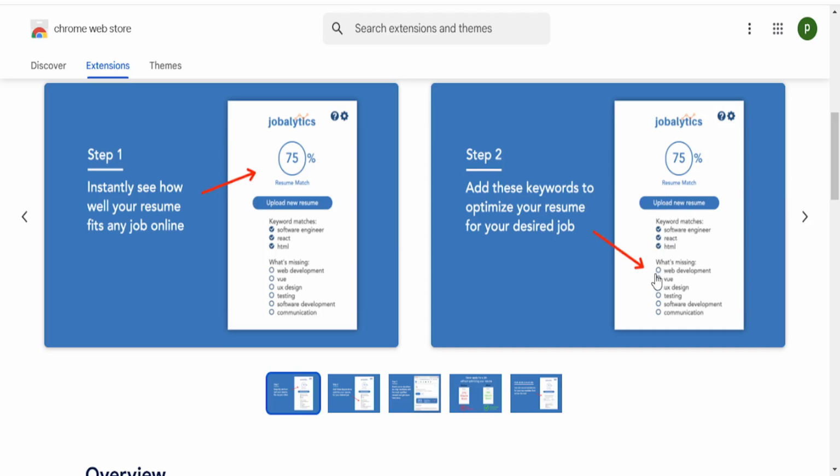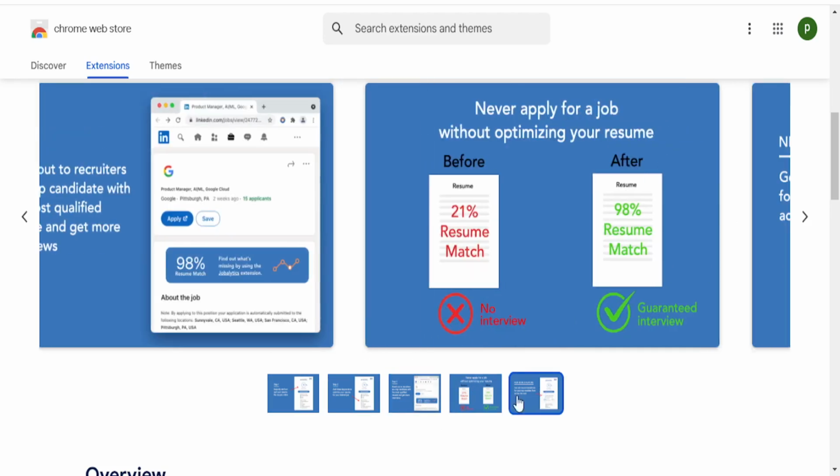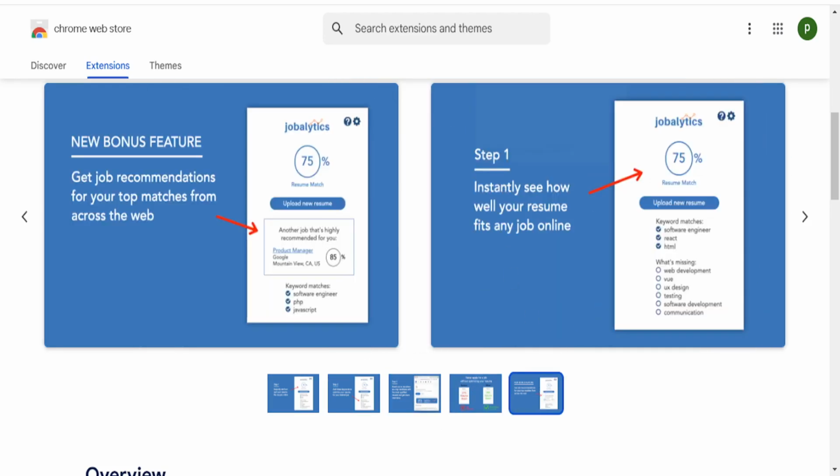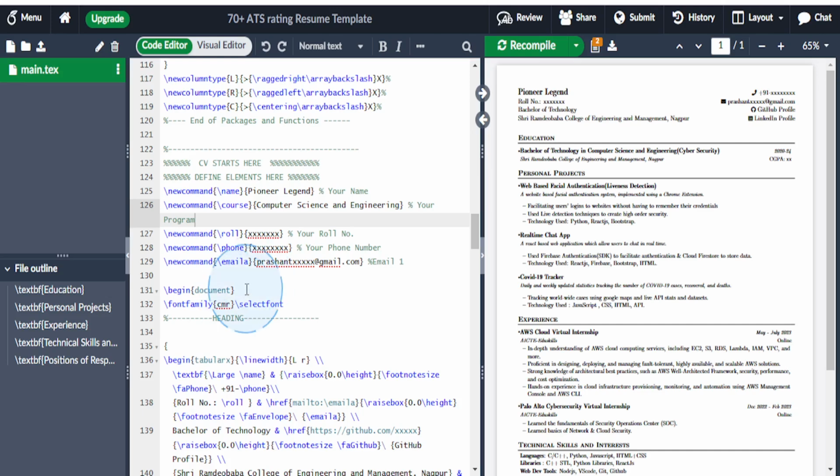They tell you what keywords to use, and once your resume draft is ready, you can download it as a PDF directly from Overleaf. You want to do it from Overleaf, don't download it from here. I know you can't do that, but do not do it from here. I want you to download it from Overleaf so that you can ensure that formatting stays intact